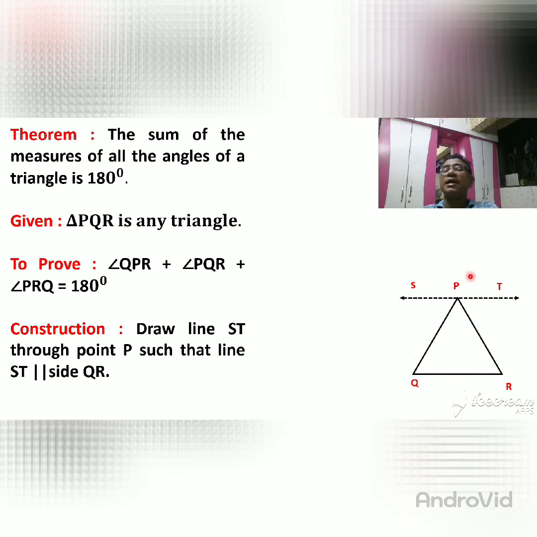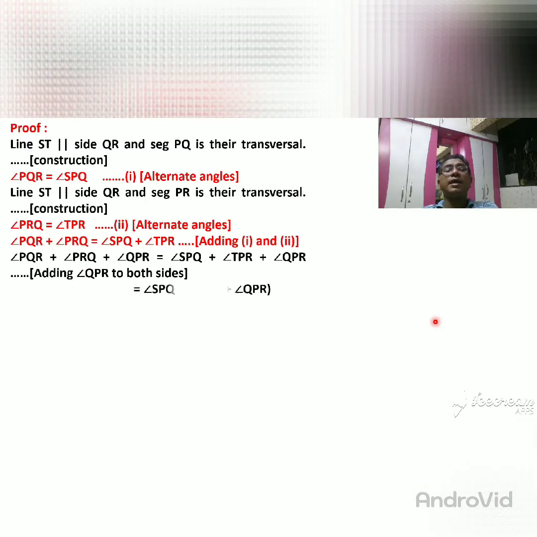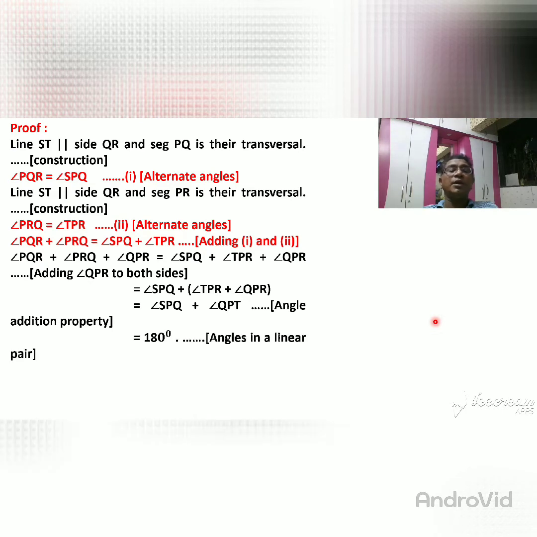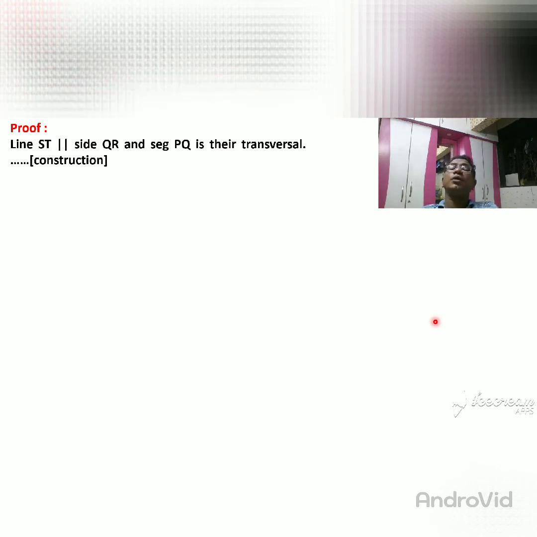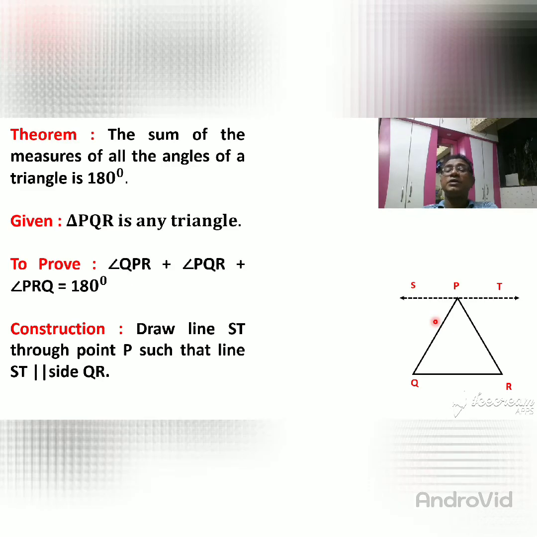So these two angles are added here. So what do you get? Just see. When they are added, SPQ plus QPT, then these two angles are a linear pair of angles. Some of the students don't understand what I show, so I'm going back again to show them what a linear pair is.